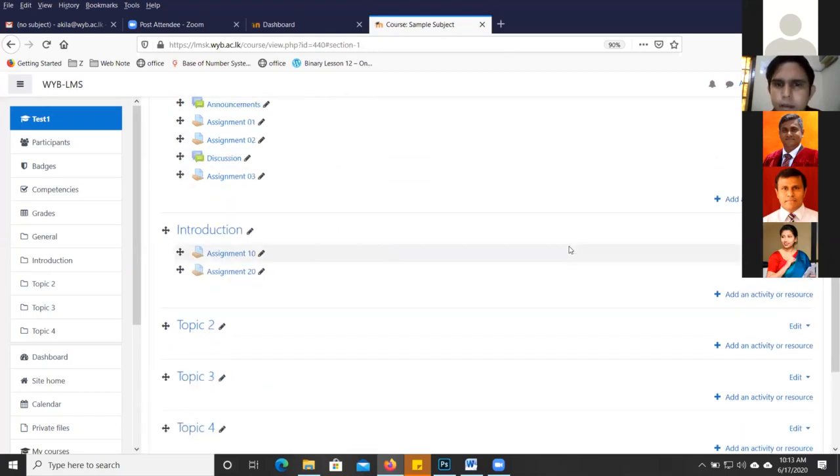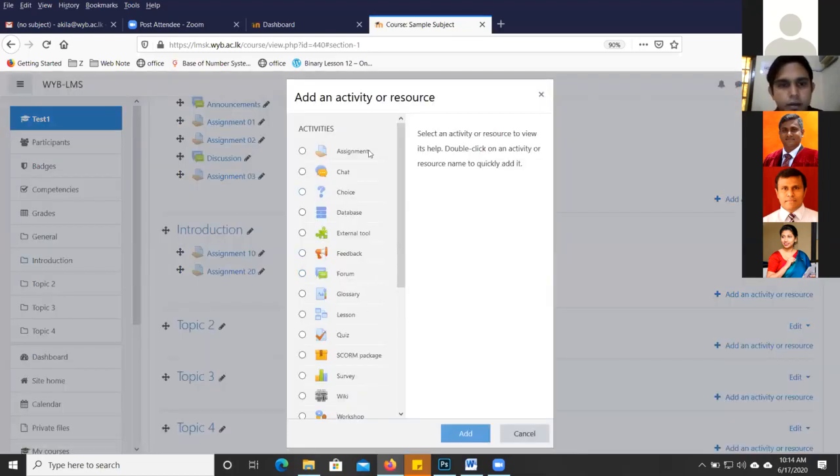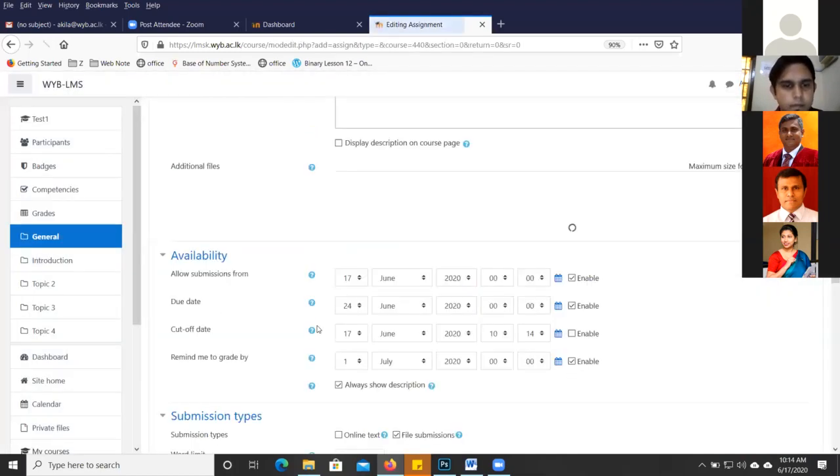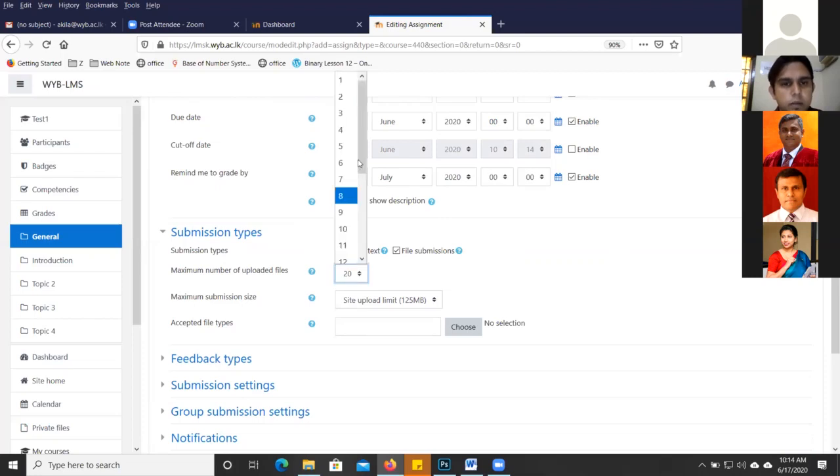I wanted to ask, in the option maximum number of uploaded files, is that referring to one student? That means if you have 20 students. Yeah, it's for one student. If I set here 2 or, let's say, 5, that means the student can submit 5 files. For example, if you wish to have one question per file, let's say in our assignment today we have 3 questions and the student must prepare 3 reports as separate files. In that case, you have to select 3 here. So depending on the submission type, I mean your assignment, you can select this.